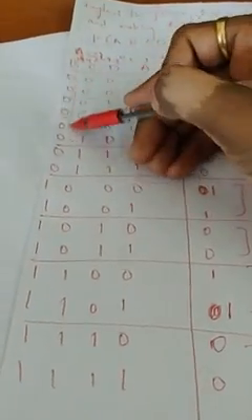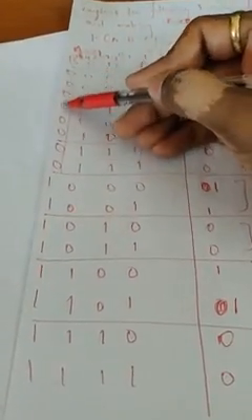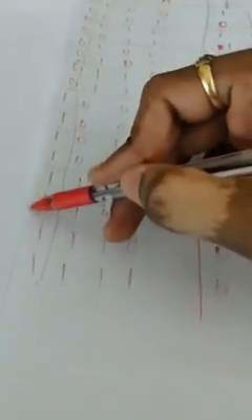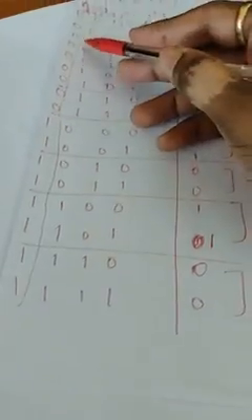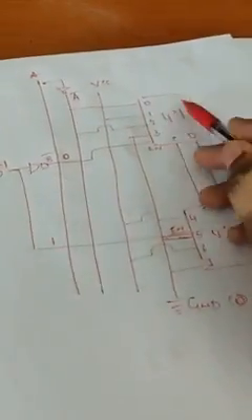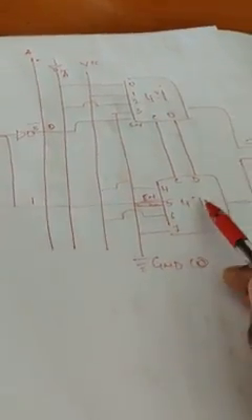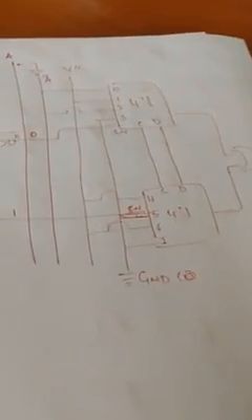So 0 means low. Look at this table. Half of this table has zeros in the upper multiplexer and 1 in the lower multiplexer. So whenever B is 0, it will activate the upper multiplexer. Whenever B is 1, it will activate the lower multiplexer. Both should be connected to the OR gate. This is how you are supposed to convert 16:1 to 4:1.